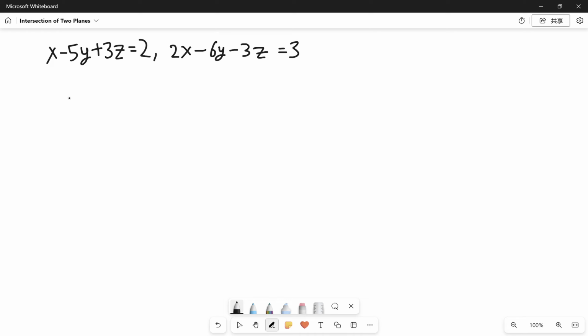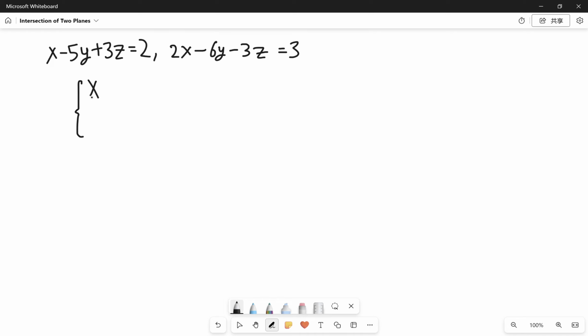So the first thing we want to do is figure out: is there an intersection? If there isn't an intersection, then we don't have to waste our time on this problem. We just answer no and we move on to the next question. So is there an intersection? Well,